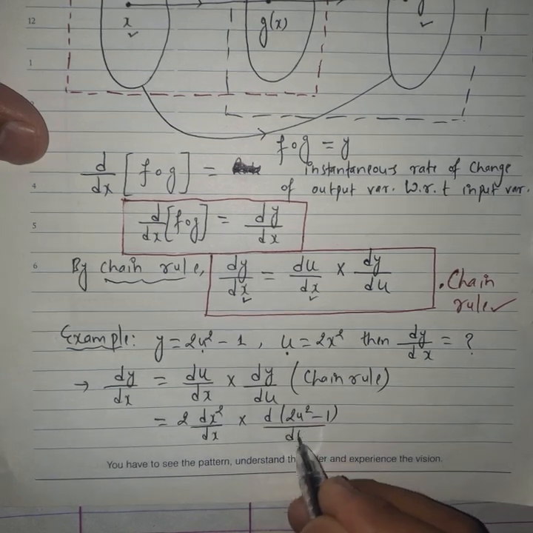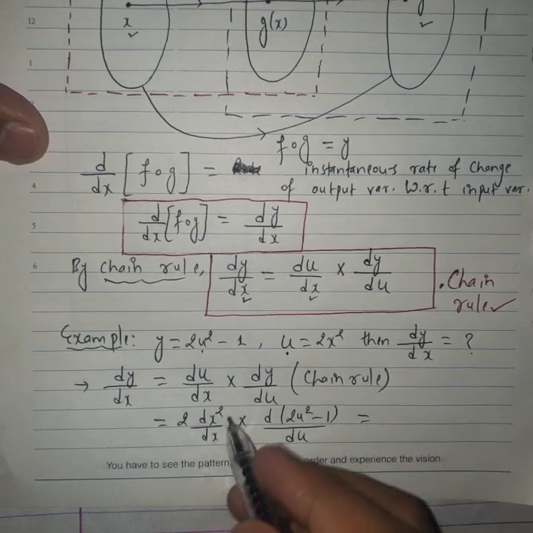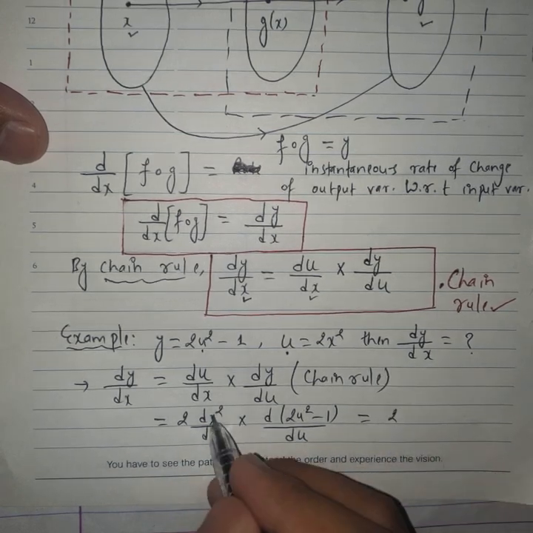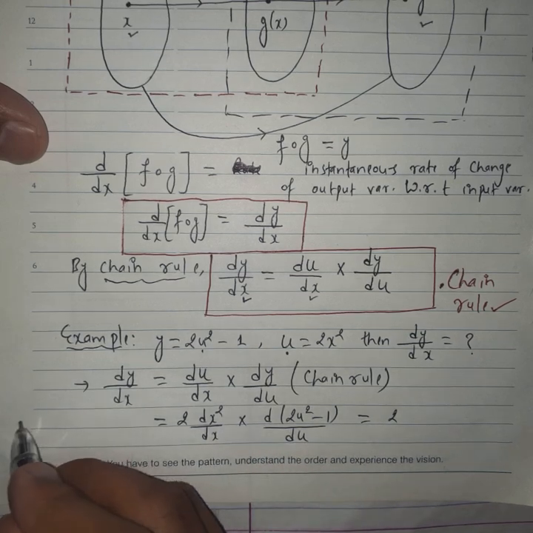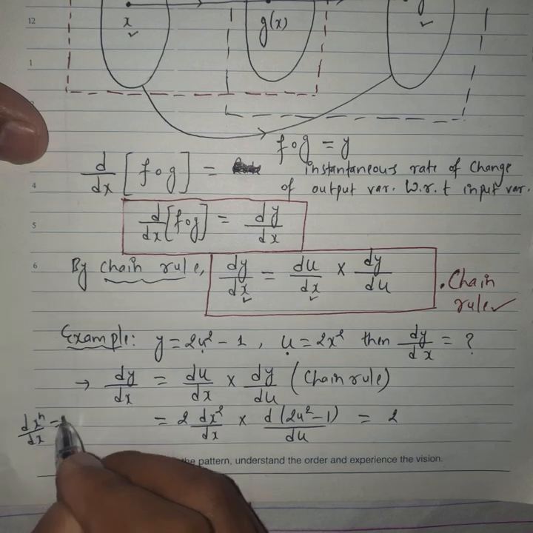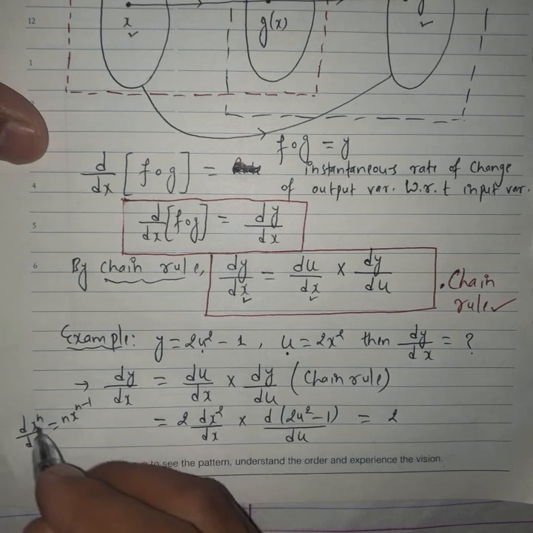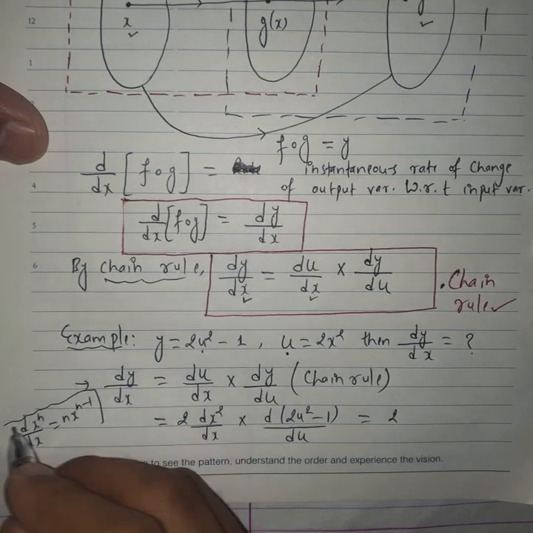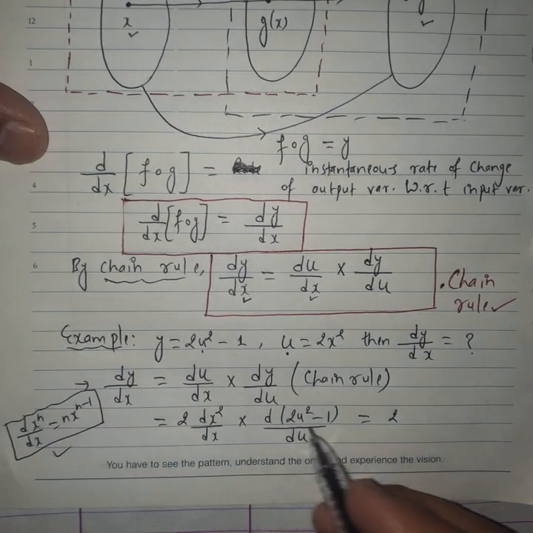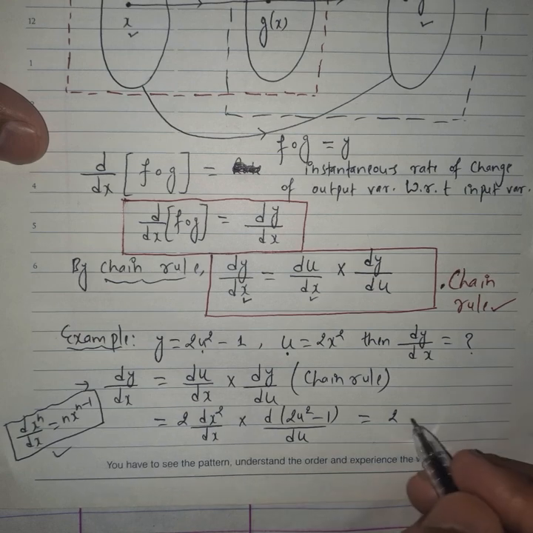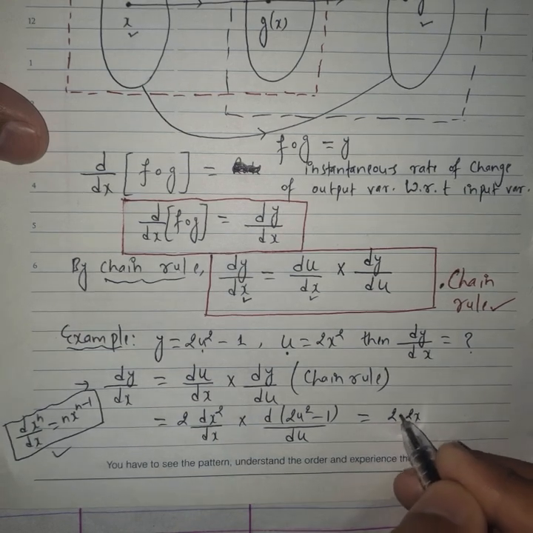Let's calculate the derivative. You can use the formula that the derivative of x raised to the power n with respect to x is n x raised to the power n minus 1. Let's apply this formula on this first part. So this will be just 2x,